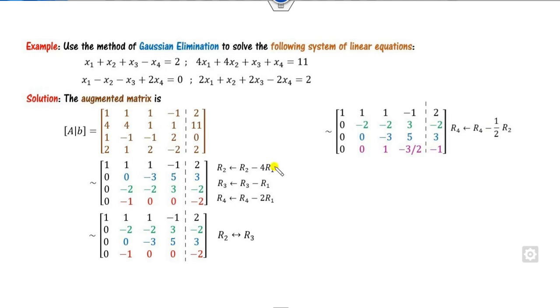How do you write this value? Again, because my pivot value is here, this is already 0, there is no need to write. Otherwise, if you want to write, this is R3 minus, what is the ratio? 0 over -2, that's 0 R2. And here is -1 over -2, that is 1 over 2. Because the box element is in the second row, that's why it's R2.